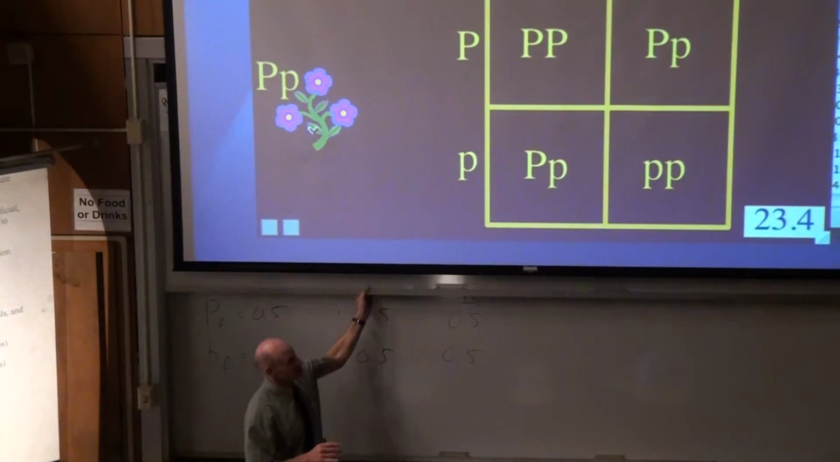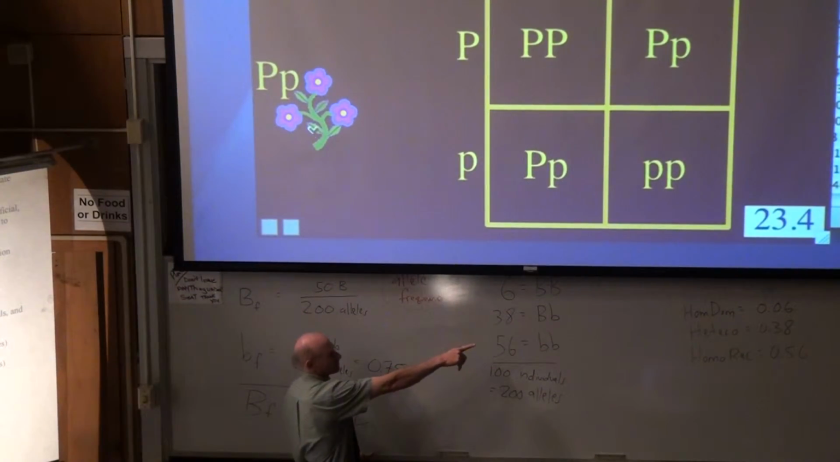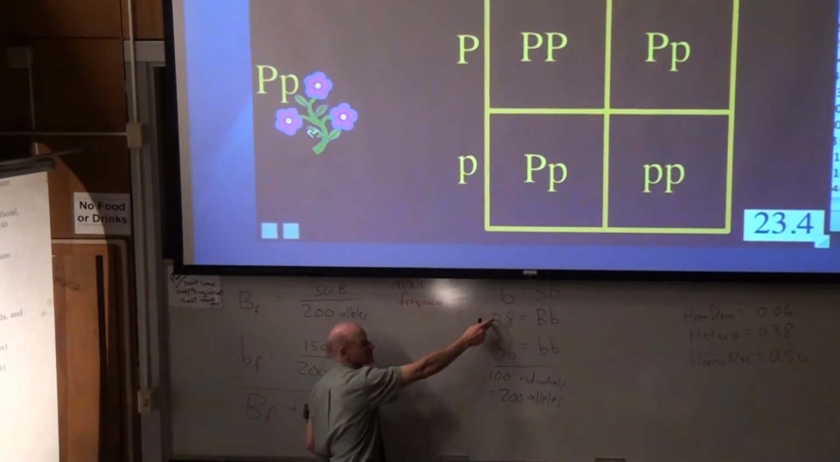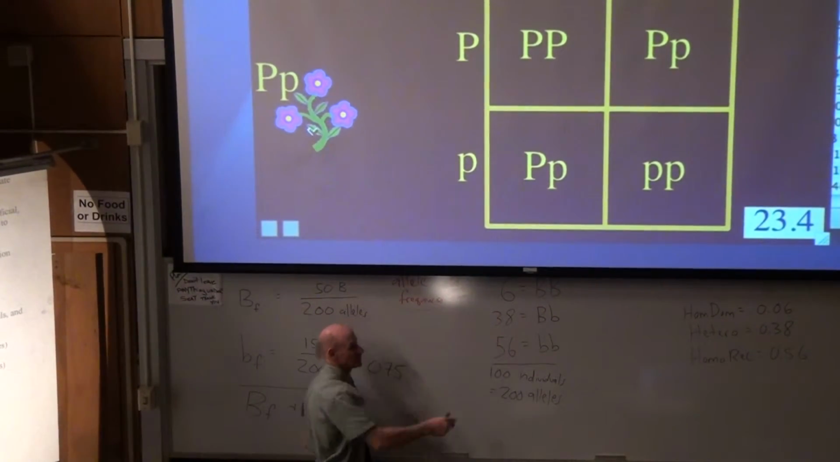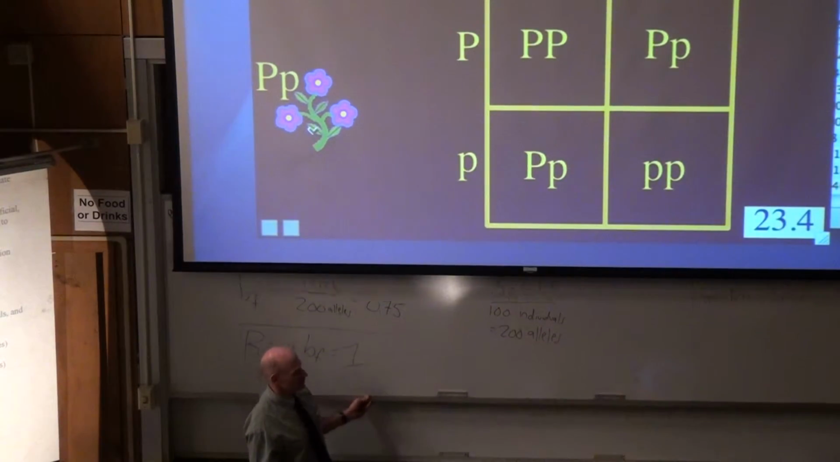The genotype frequencies are changing around. How many are big P, big P, how many are big P, little p, how many are little p, little p. The genotype frequencies are changing around, but the allele frequencies aren't changing a bit. And so that was a major conceptual breakthrough,